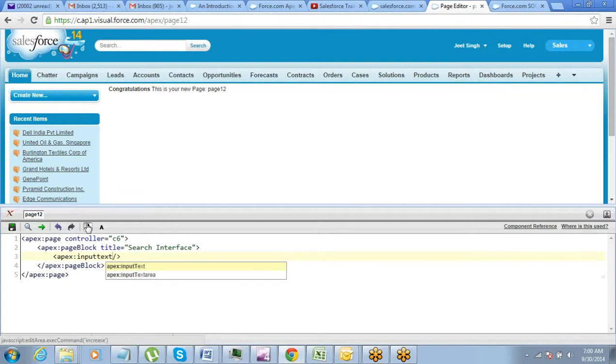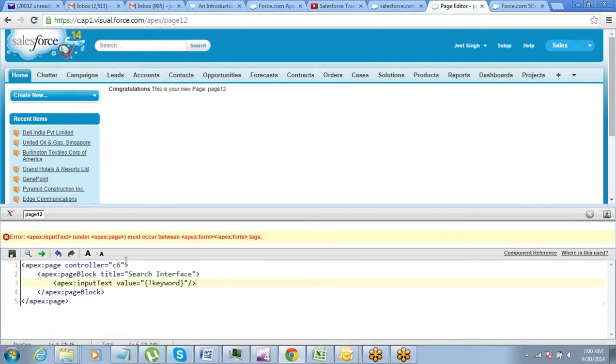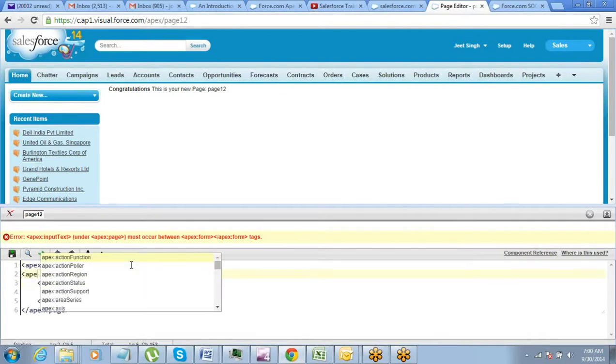So that will be an input text. Should come under Apex form.